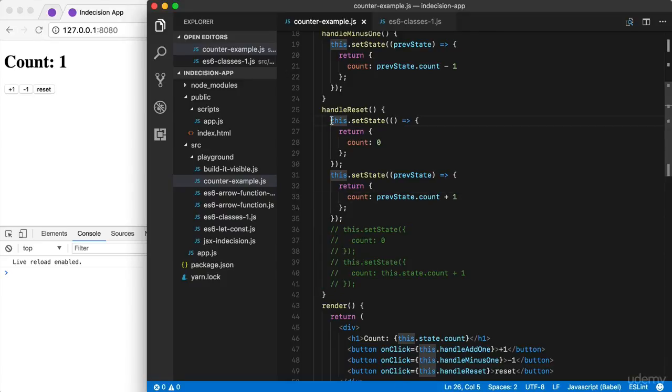So let's go ahead and talk about what's happening here and how that's different from what happened down below. The first call to this.setState comes in. React is going to go ahead. It's going to call our function. It is going to pass in the previous state, which we don't use here, and it's going to get the object back. Those are the state changes. So it sees we want to change the count to 0. So it knows that, and then it's going to go off and do its asynchronous thing. It is going to try to compute the virtual DOM and figure out what it needs to change to get the component